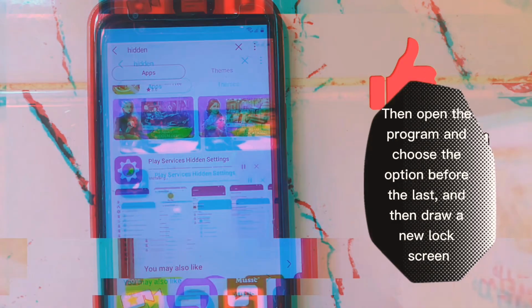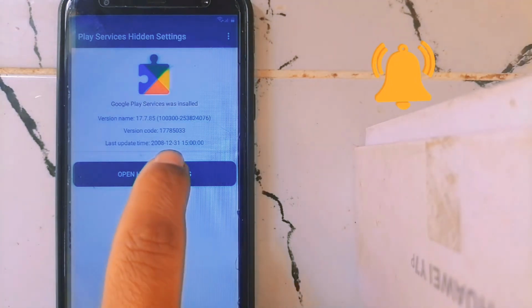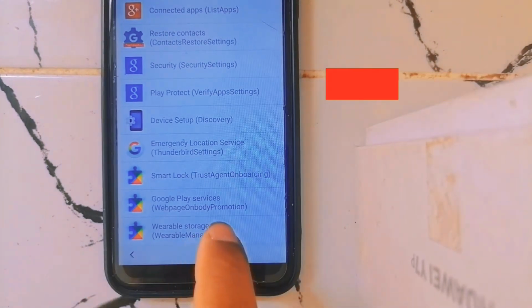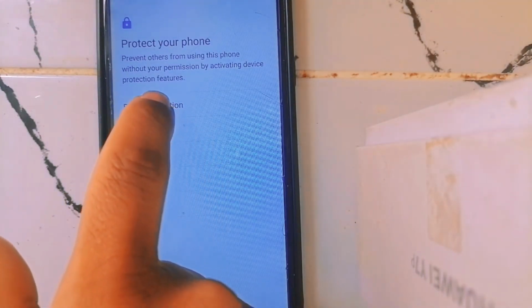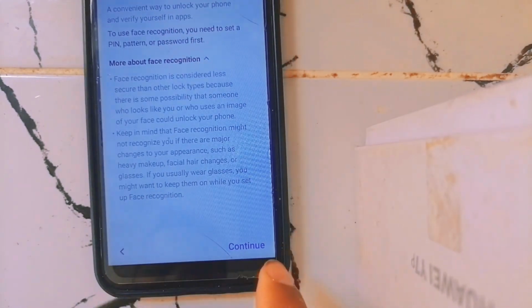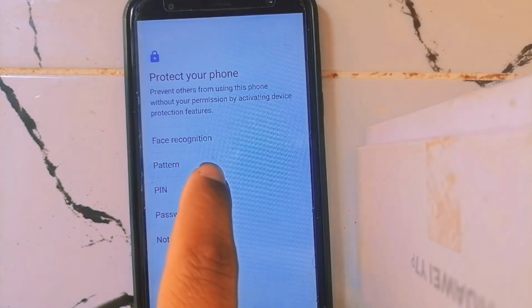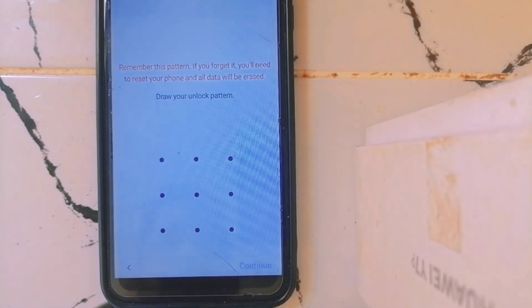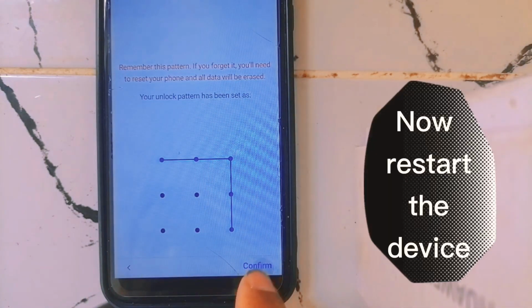Then open the program and choose the option before the last, and then draw a new lock screen. Now restart the device.